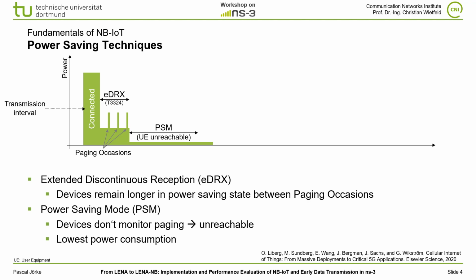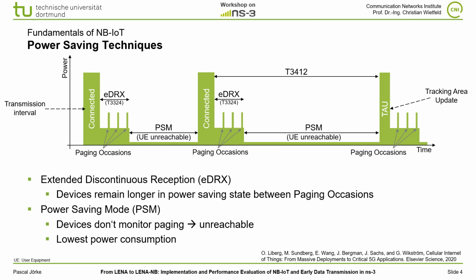When the device needs to transmit data, it wakes up and resumes its session by reconnecting to the base station. The device also needs to wake up after the timer T3412 expires in order to perform a tracking area update. For a maximum battery life, the time spent in PSM should be as long as possible. Since the device's power consumption is the highest in the connected state, this state needs to be as short as possible, thus making the reduction of signaling overhead mandatory.